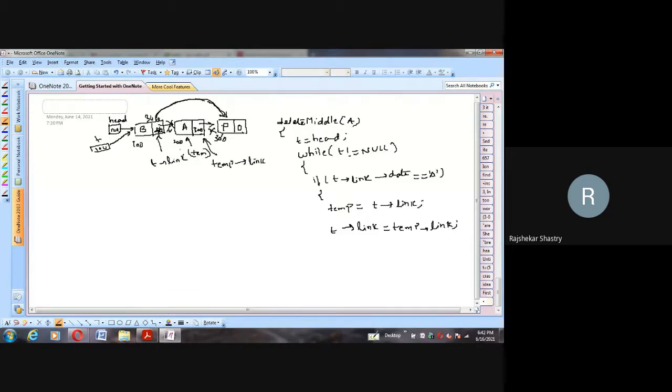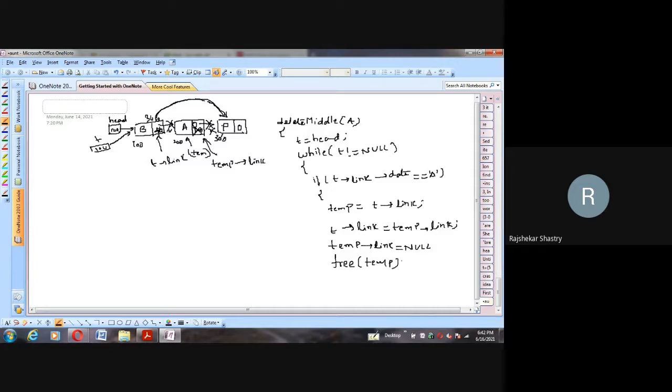So this A, since it is held by temp, I can say to remove that link also, temp arrow link, which is of course A for me. So in the A link portion I am storing null. So temp, this one is the node which is called temp, and in that one instead of 300, I am removing 300 and storing null here. As a result, this is also removed. Then after that, free the temp node.